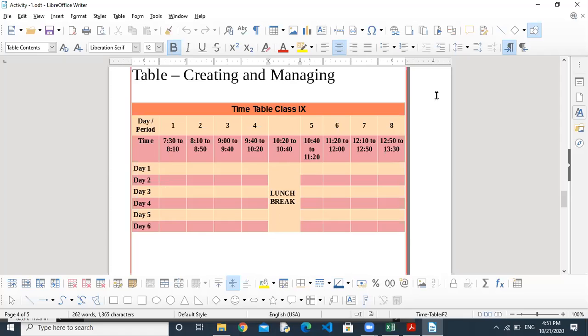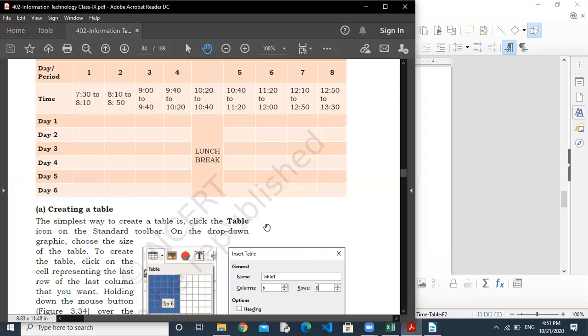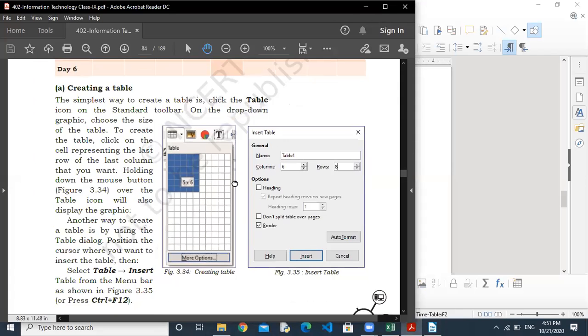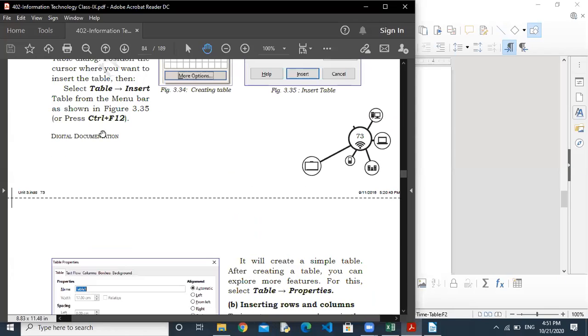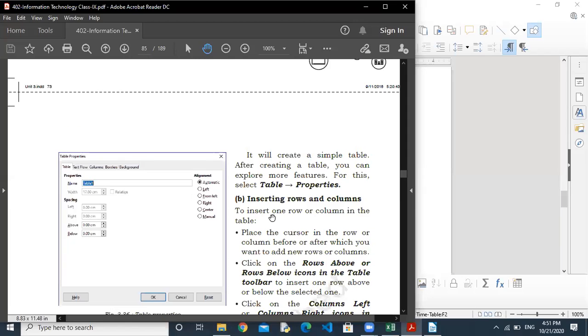So this table we designed in a previous class. So what's today's topic? Today we are going to talk about creation, how to create a table. This is done. What is the shortcut for creating a table? Control plus F12. Through this also you can insert a table in your document, and you can change the different components of the table